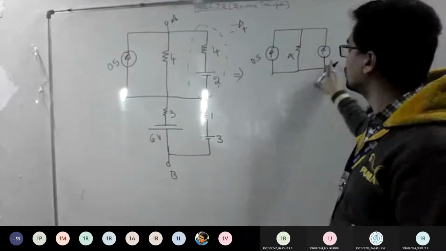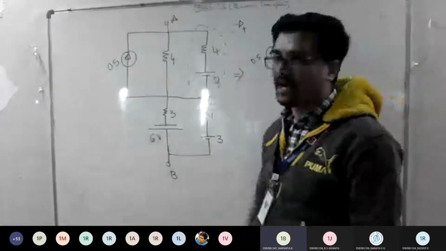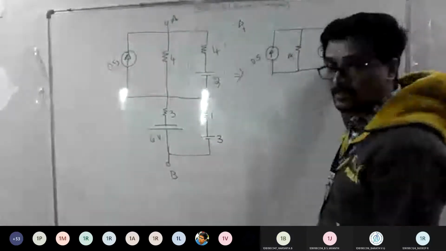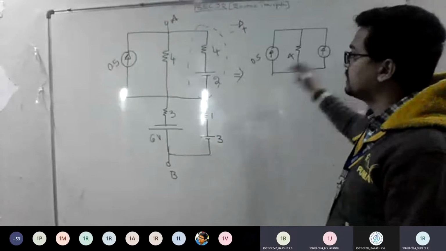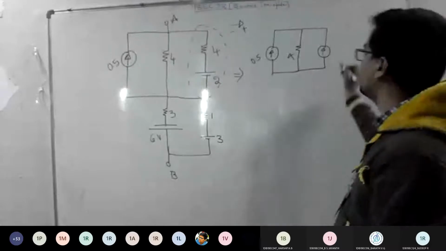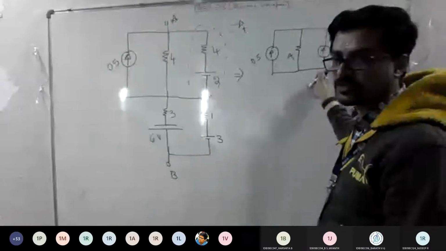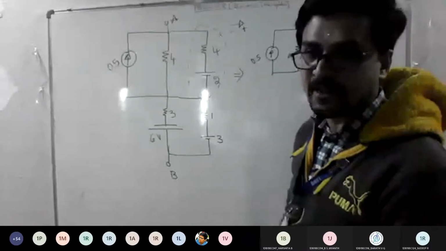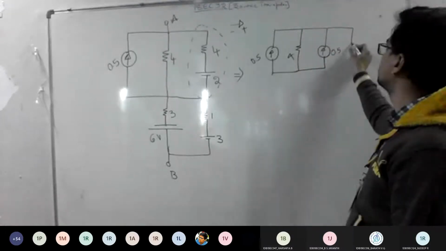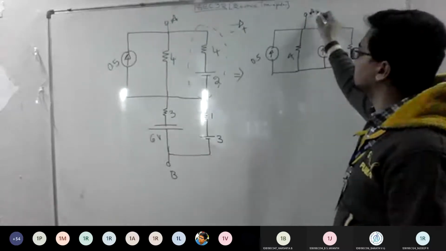So what is the value of this? How to get this current? I is equal to V by R. V is 2 divided by R, which is 4. What is 2 by 4? 0.5. It's 2 by 4, not 4 by 2. I is equal to V by R, V is 2, so 2 by 4 is 0.5 A. So we have converted this voltage source to a current source. And what about that 4 ohm resistor, series or parallel? Parallel. Good, so connect that in parallel. The terminal is here. You can keep that A as it is.